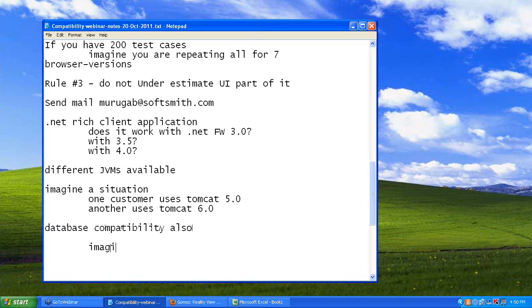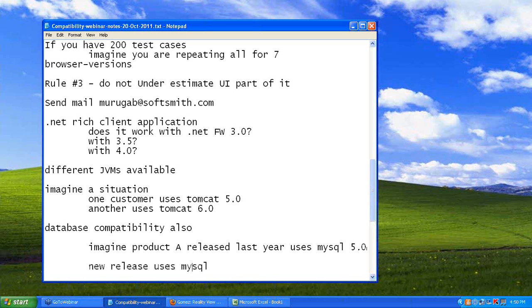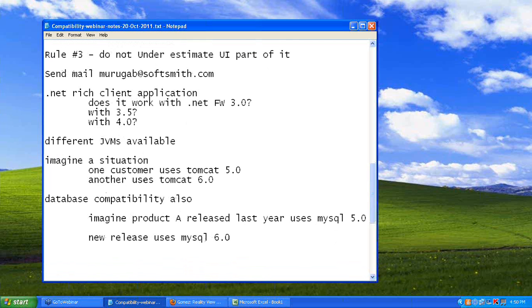For example, imagine product A, right? Product A released last year uses MySQL 5.0. New release uses MySQL 6.0. But the problem is, from last year to this year, 100 customers may be already using 5.0. New customers, another 20 customers may be coming to 6.0. So your product should work with 5.0 as well as 6.0. Did you test your product with MySQL? Did you test your product with two different versions? That is also compatibility,